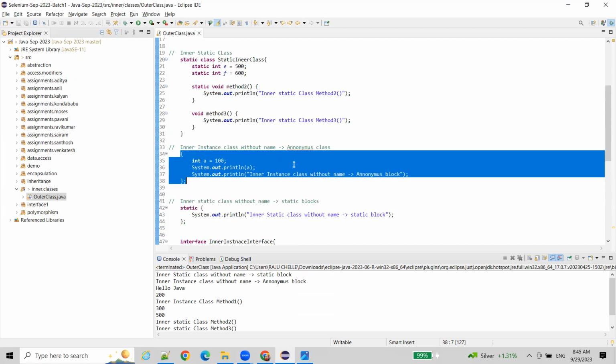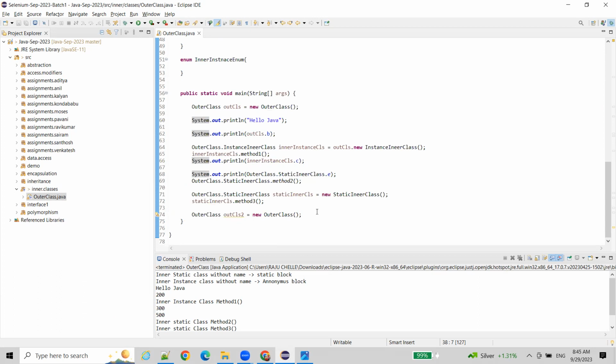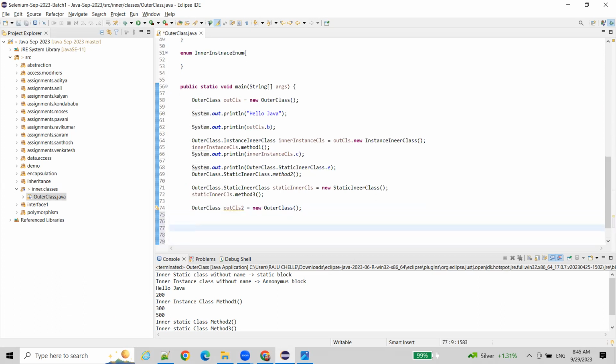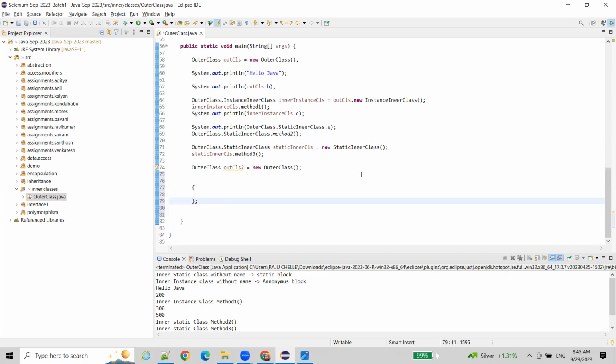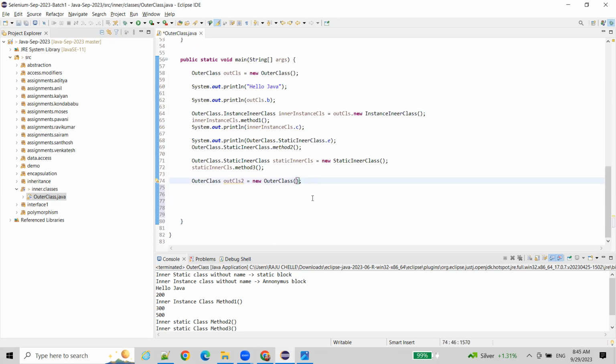What you can do is write methods inside an anonymous class by providing some reference to it. If you provide some reference to that class, it will allow you to call those methods. If you want to write an anonymous class, you can write it in the method also like this. If you want to give some reference, you can give the outer class object reference directly. Suppose you write some method here, void